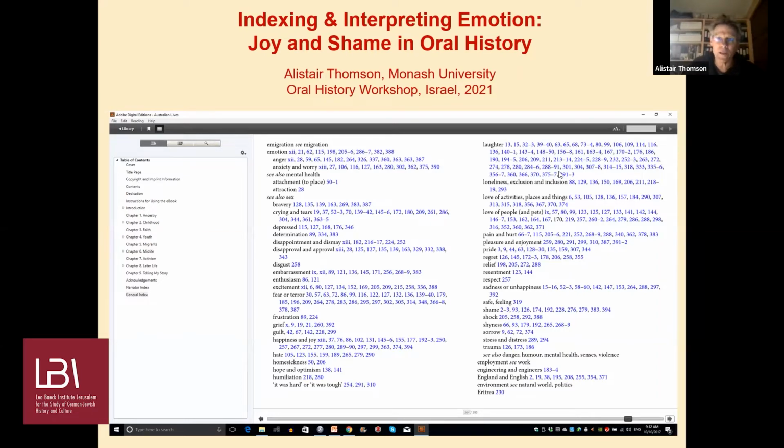and about how oral historians have handled emotion. I'm going to introduce you to this Australian Lives book and the Australian Generations Oral History Project that it came from, and the technologies that enable us to hear voice and listen to emotion. I'm going to show how we indexed emotion and some of the technologies around that, and then I'm going to